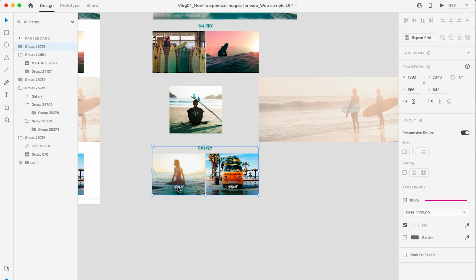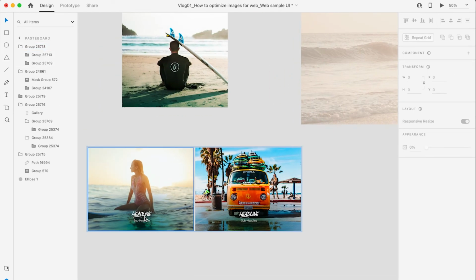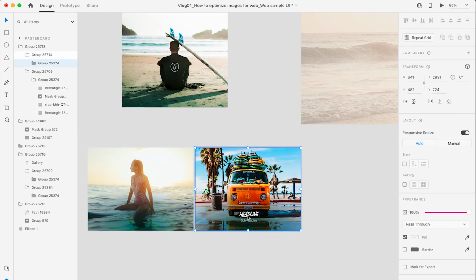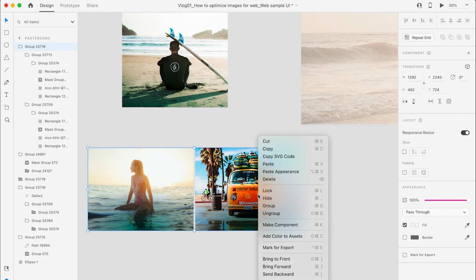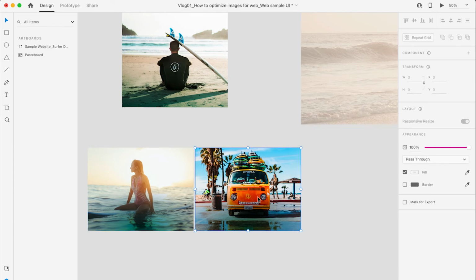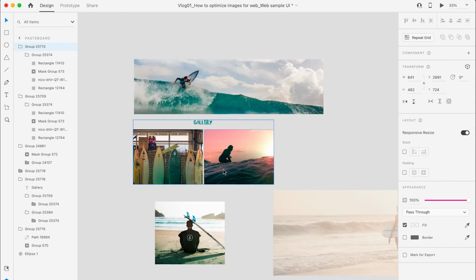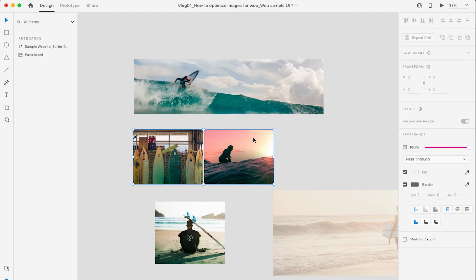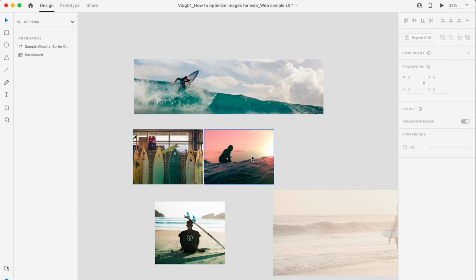So, same process din dito. Delete mo siya. Mga text. Double click ko na lang kasi magkasama yung sub-headline at headline. And for this one, ungroup nyo na lang. Okay, wala na sila. Okay. Ito pa. Ungroup. And then, once